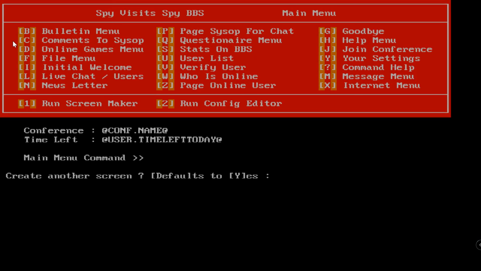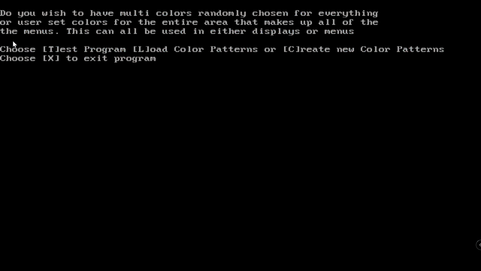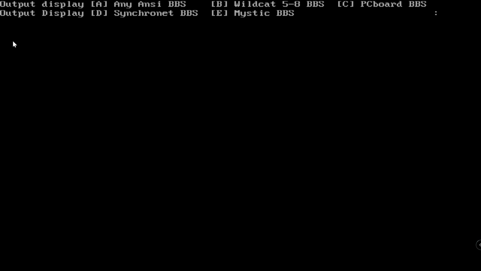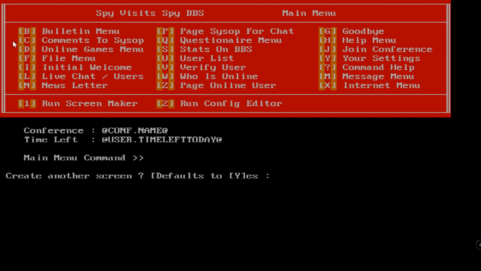Okay, Synchronet works. And the last one, Mystic BBS. And it works. So they all work. But that's only using fixed codes. I have to change them manually. I want to be able to set them as variables